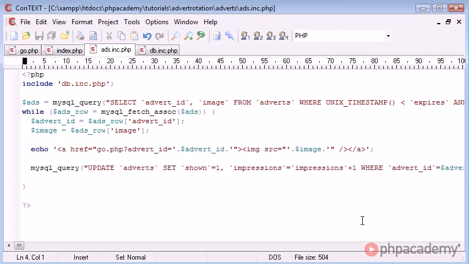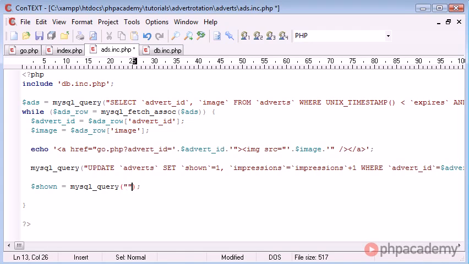So the way to solve this is obviously to check underneath here whether all shown fields in the table are set to 1. Now if all shown fields are set to 1, we need to revert back to all shown fields being equal to 0, and therefore the query will work because we have values in our table where shown is equal to 0. So let's go ahead and create a variable called shown, and that's going to be equal to a MySQL